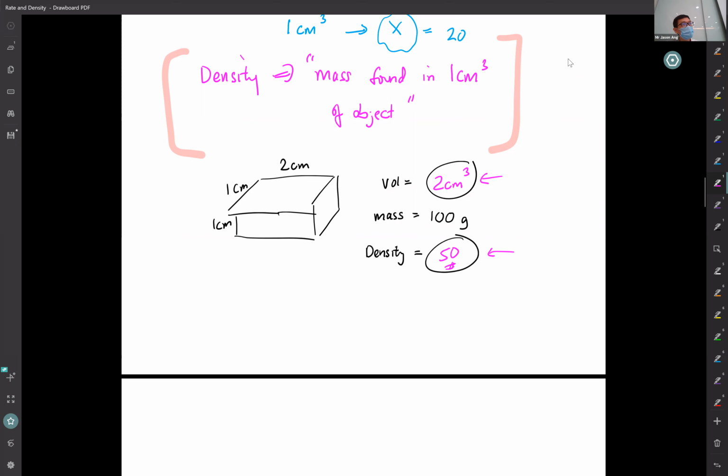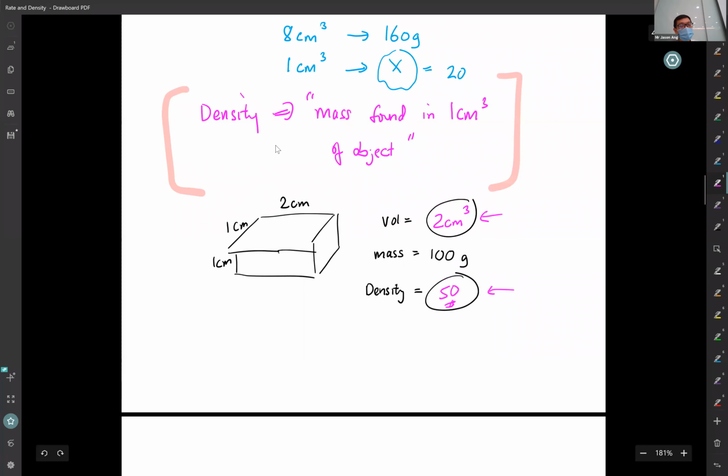The school, in the first 2 minutes teaching you this thing, will show you the formula, which is a poison, because the formula doesn't tell you what's going on. You won't understand what you're doing. When you see a formula, your job is just to put in the numbers and solve the answer. But now, because you have understood what density means, you're able to get the answer without the formula.